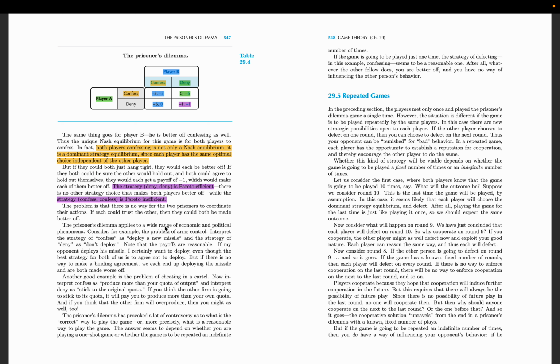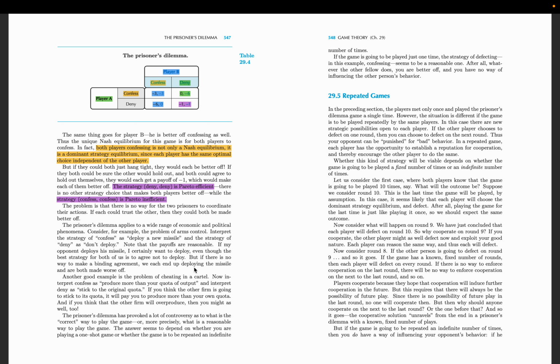The prisoner's dilemma applies to a wide range of economic and political phenomena. Consider, for example, the problems of arms control. Interpret the strategy of confess as deploy a new missile, and the strategy of deny as don't deploy. Note that the payoffs are reasonable. If my opponent deploys his missile, I certainly want to deploy, even though the best strategy for both of us is to agree to not deploy. But